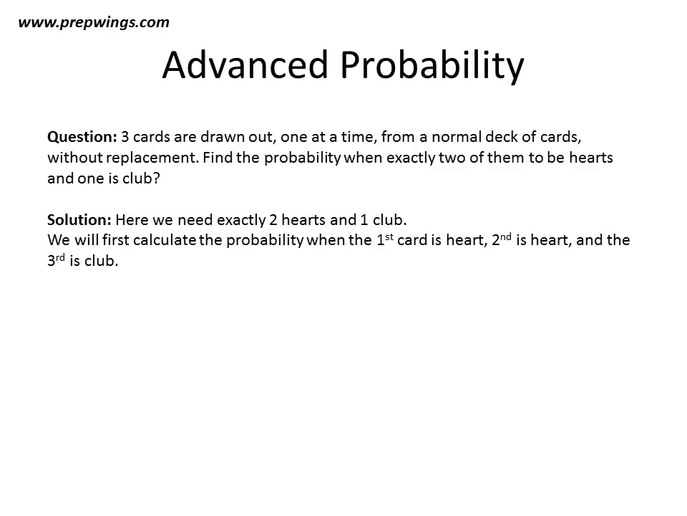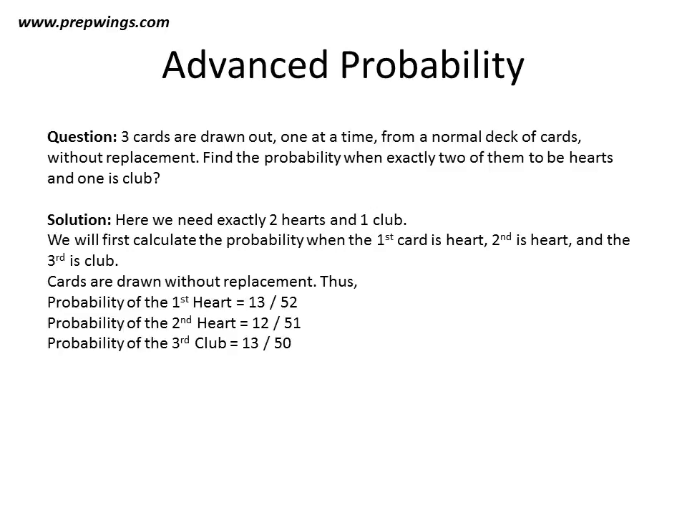So first we'll calculate the probability that the first card is a heart, the second is a heart and the third is a club. The cards are drawn without replacement. Thus the probability for the first to be a heart will be 13 by 52. The probability for the second to be a heart will be 12 by 51 because we are withdrawing without replacement. So 51 cards are left when I am withdrawing the second card and 12 of them are hearts. And the probability for the third to be a club will be 13 upon 50 because there are 13 clubs left out